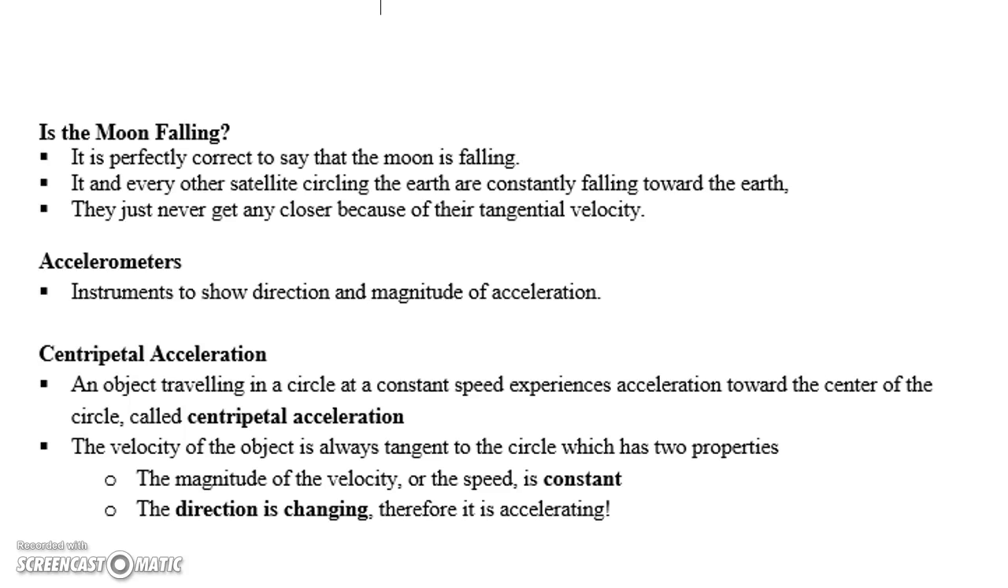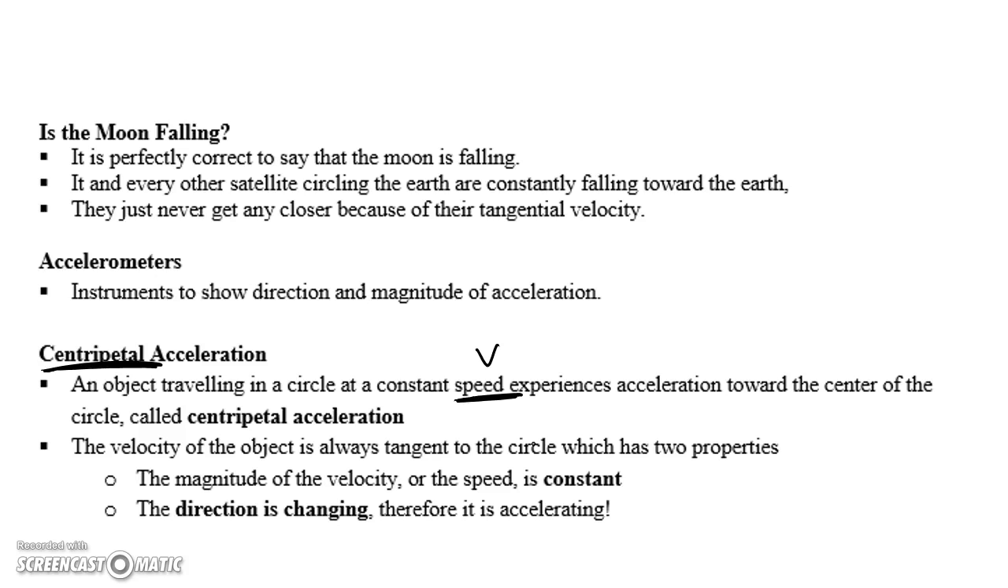This is called centripetal acceleration. And that is when an object traveling in a circle at a constant speed experiences acceleration toward the center of the circle. So our v is constant. So v here is constant, even though the velocity, the direction, is always changing, the value of it is the same. And so acceleration is towards the center of the circle, and the velocity of the object is always tangent to the circle,